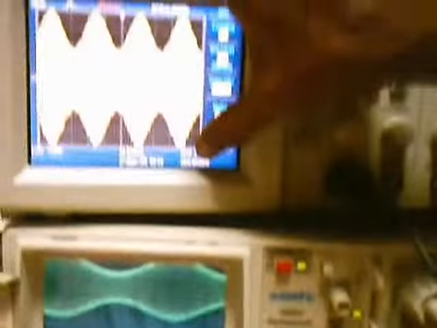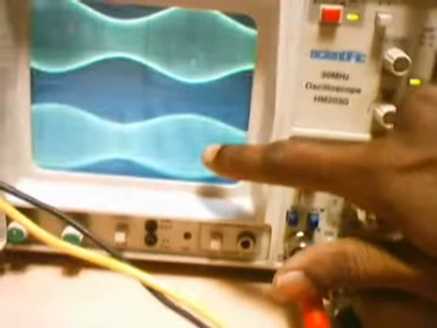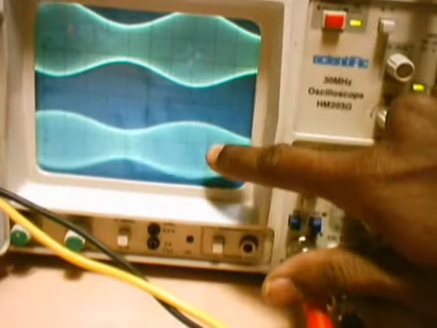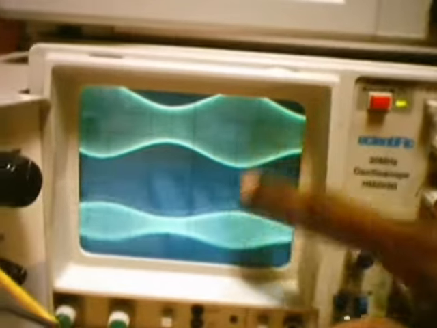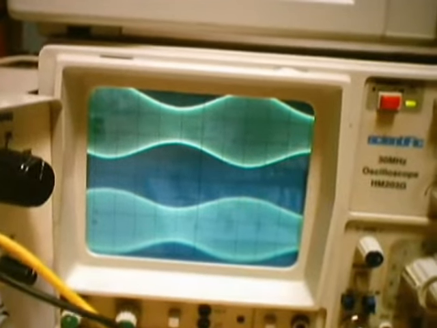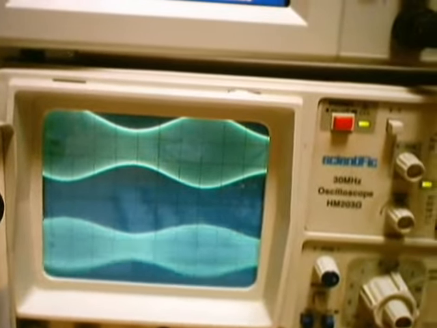Now let us go back and measure what the local oscillator frequency is. This is for a 269 kilohertz input signal. Let us see whether it is down converted or not. I will first verify before we measure the local oscillator frequency. You can see now there is no change in the envelope. This is my input AM signal, this is my output AM signal. Again there is no difference in the envelope, so my message signal is not altered. There is only frequency translation.